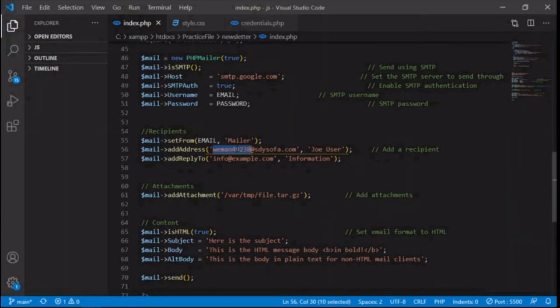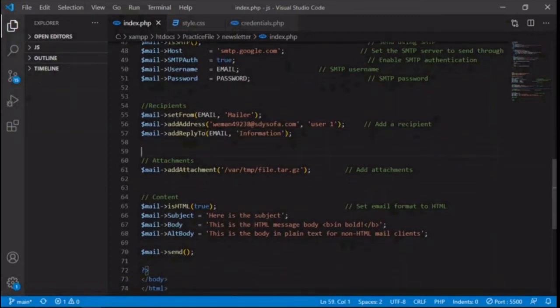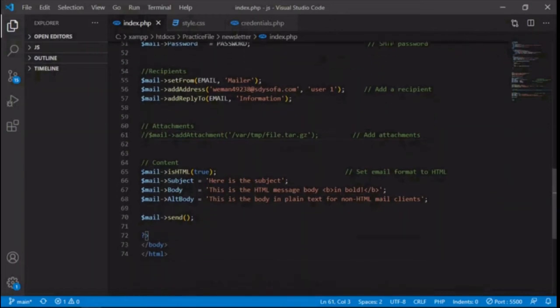Insert the recipient user email ID, and this name is optional. Then add reply to, so if the user wants to reply to your email, you can put your email ID. And attachment, so skip for now.